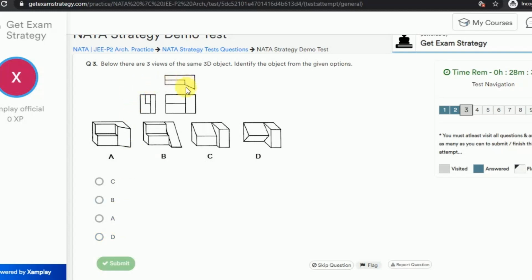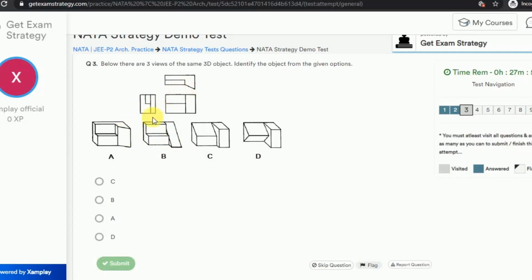Alright, so maybe in fact I do not know what this question is. Okay, it may be the first time I may be seeing this question, for example. So in this case you kind of think that, okay, looking at this particular profile section, and also looking at this profile section, they seem to be similar, so probably answer is A, and I'm choosing A because I have arrived at it through elimination, considering that none of these have got a chamfered surface, right?